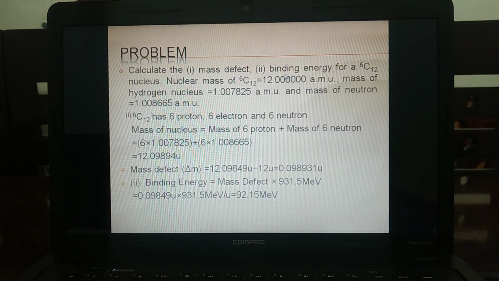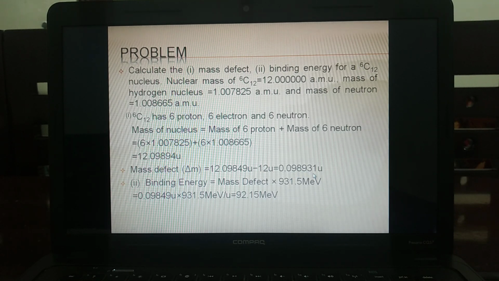Calculate the mass defect and binding energy for carbon-12 nucleus. Carbon-12 has 6 protons, 6 electrons and 6 neutrons. We can find the mass of the nucleus by applying the mass of 6 protons and mass of 6 neutrons. Substitute the values, we can get the mass of the nucleus. Then we can find out the mass defect value. Subtract the value, M minus M dash. So the mass defect value of carbon-12 is